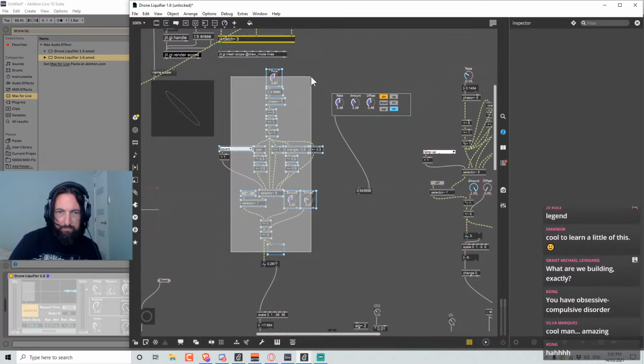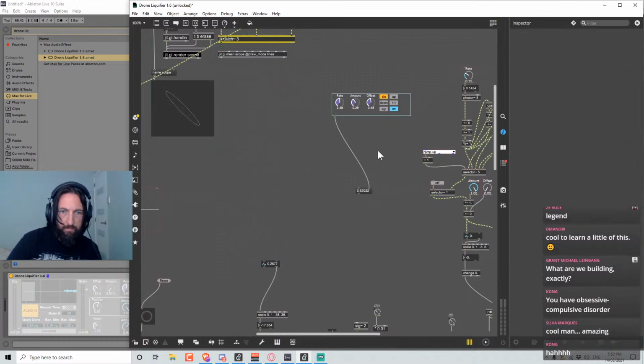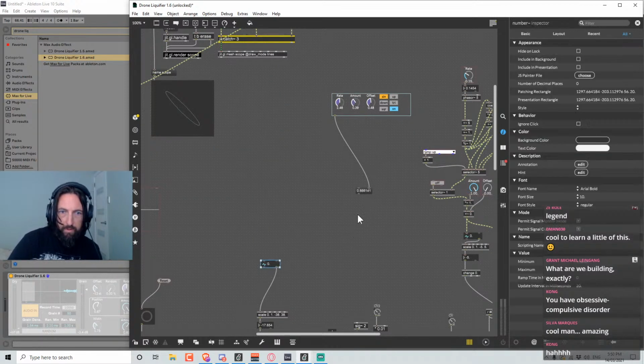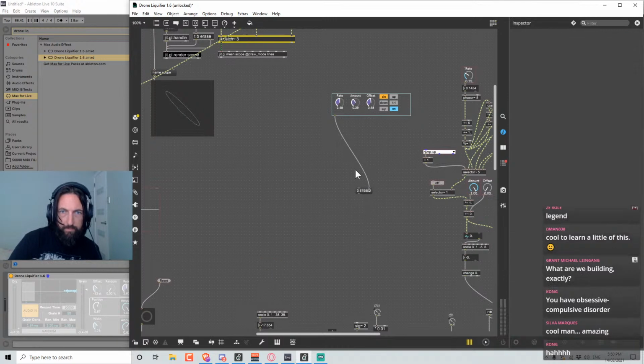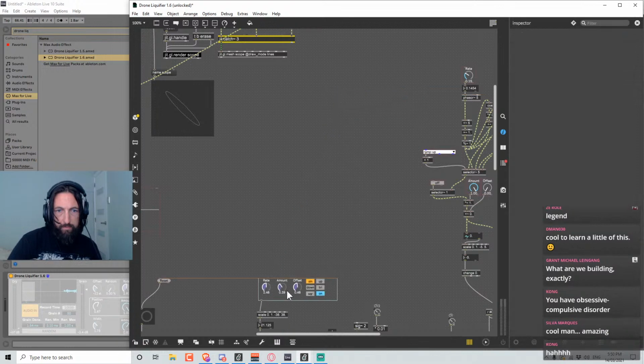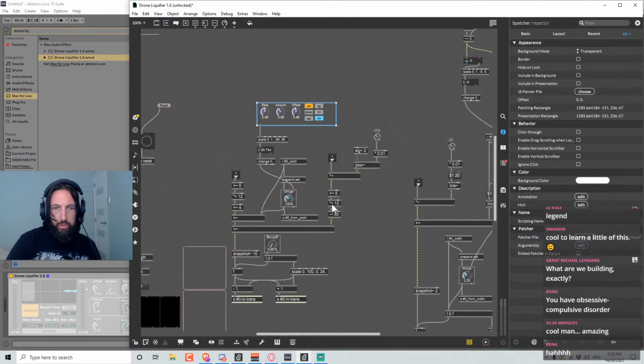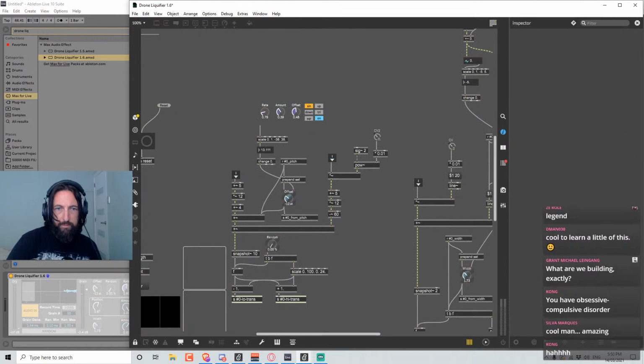So now we can just get rid of this and this. Feed this into here. Should do the trick. Yeah, it's moving it around nice. So I can bring the rate down. I considered putting a beat matched mode in here, like a tempo sync mode, but I don't think it's really needed because the result of this device outputs drone ambient music, which is completely beatless, in a sense.